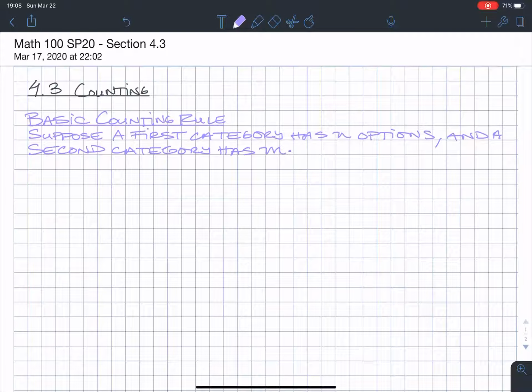Then the number of ways to choose one item from each category